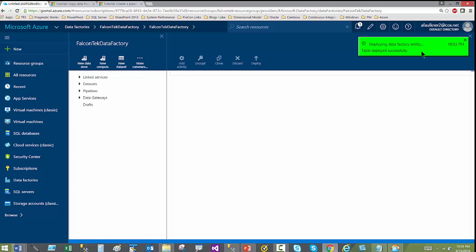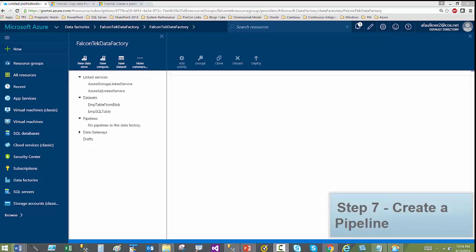We should be able to see that we've done things successfully here, which brings us to the next step, which will be creating a pipeline. In this step, we want to create a pipeline with a copy activity that will use the EMP table from blob, which is pointing to our blob storage in the container, as input, and the SQL table as the output. So in the editor here for the Data Factory,